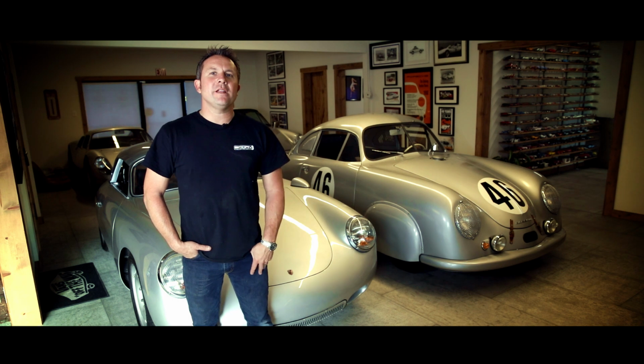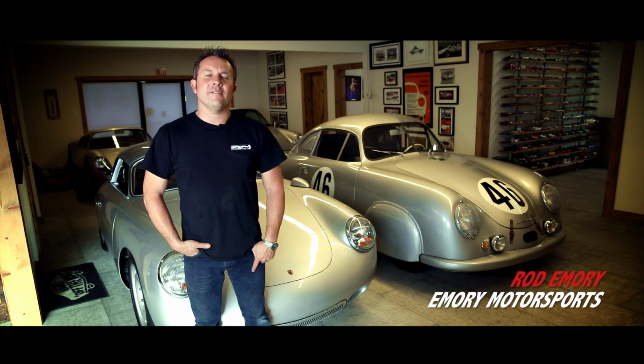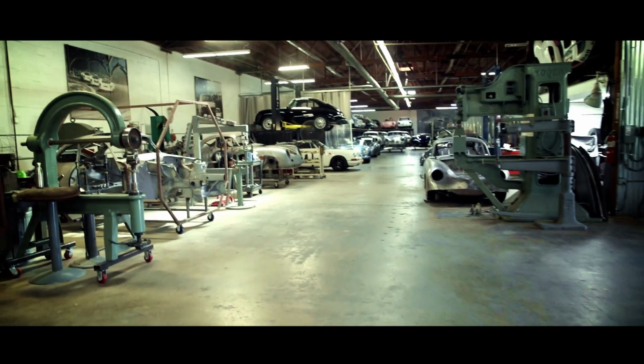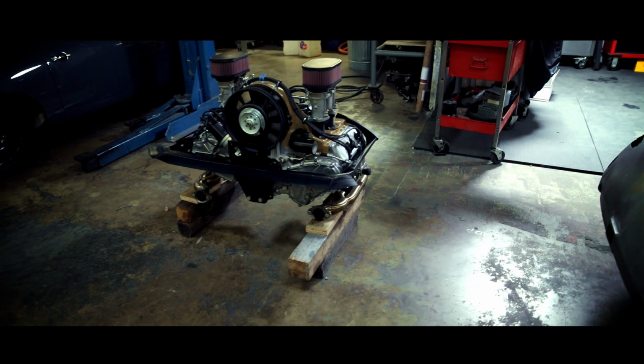My name's Rod Emery. I've been in the Porsche racing and restoration business for a little over 30 years. I've built and restored over 170 cars, ranging from 356s like the 356 SL that won Le Mans in 1951, all the way up to some of Porsche's prototype race cars and a little bit of everything in between. Our workshop is located in North Hollywood, California. We build and restore about 15 cars a year,